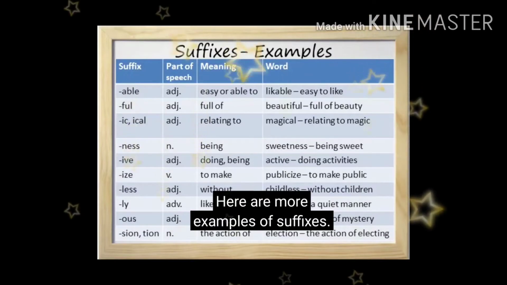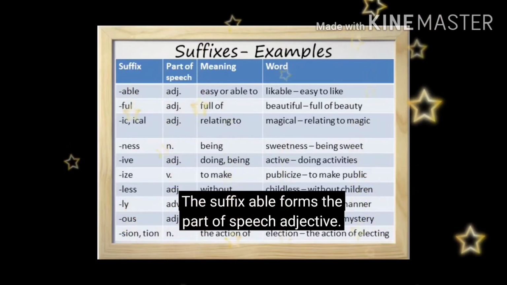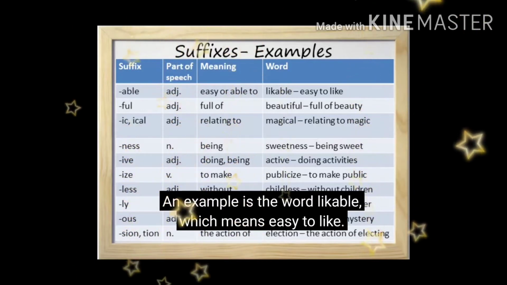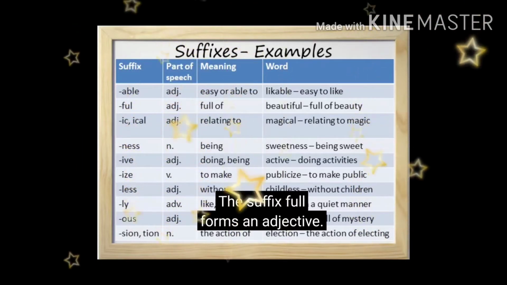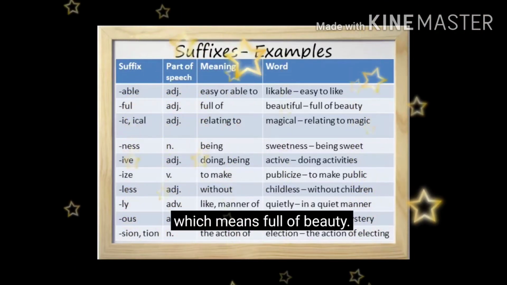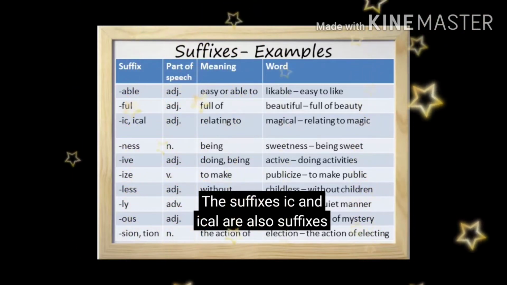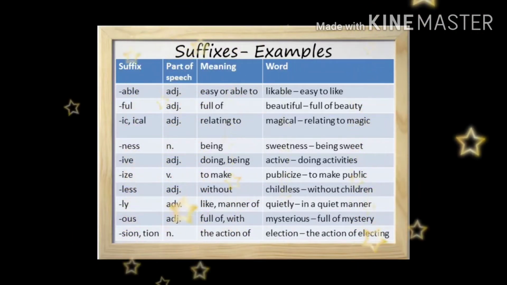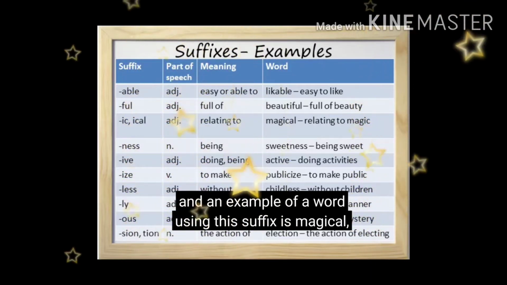Examples of suffixes. The suffix able forms the part of speech adjective. It has the meaning easy or able to. An example is the word likable, which means easy to like. The suffix full forms an adjective. It means full of. An example is the word beautiful, which means full of beauty. The suffixes ic and ical are also suffixes that form adjectives. The meaning of this suffix is relating to, and an example of a word using this suffix is magical, which